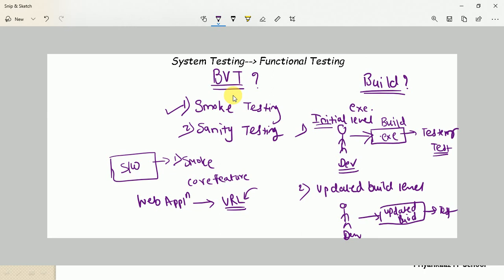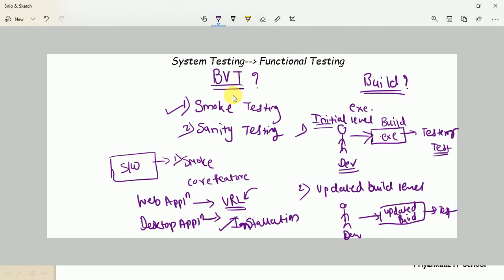Then what if we have a desktop application? Yes, can you tell me? What if you have a desktop application to be tested? Then guys, let me tell you, for a desktop application, if you want to use the application, the primary focus is the installation process. Yes or no? We need to verify the installation process. And that's the reason we need to write a smoke test case for the installation process of that desktop application. So this is a primary and main example for smoke test cases.